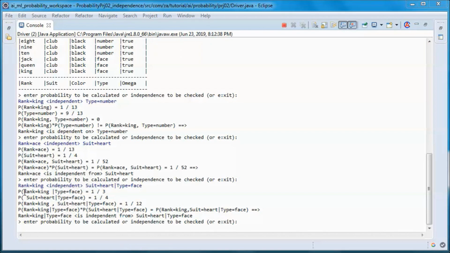And we have 4 kings in those 12 cards, so it simplifies to 1 over 3. And we have 3 hearts in those 12 cards, so 3 over 12 simplifies to 1 over 4. So multiplying those two gives us this result.